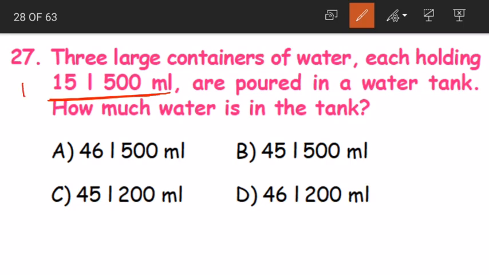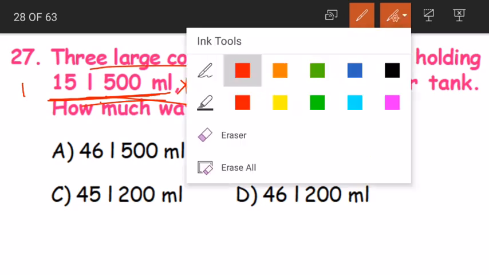It is the capacity of one water can, and here we are having 3 containers of water. So that means we have to multiply the total capacity by 3. It is the capacity of only one container. Here we are pouring the 3 containers of water. So we have to multiply the total by 3, children.